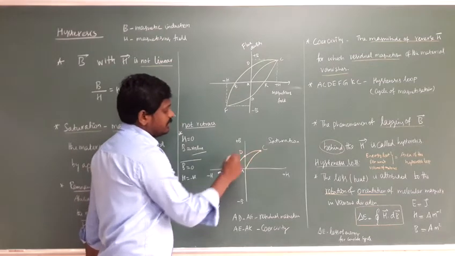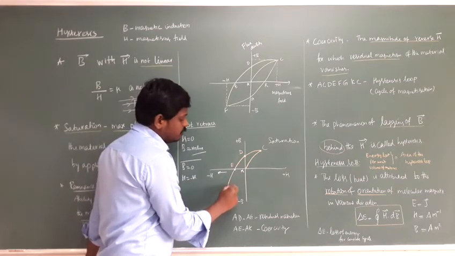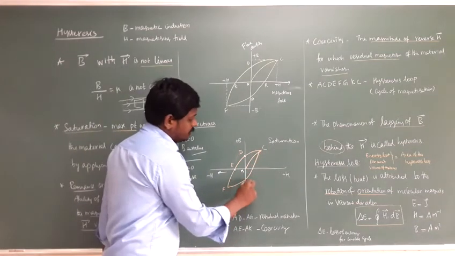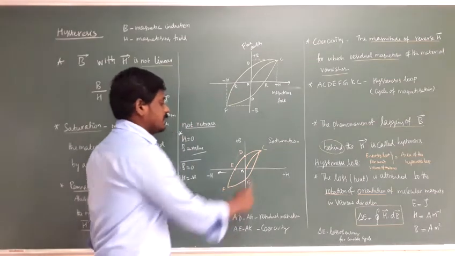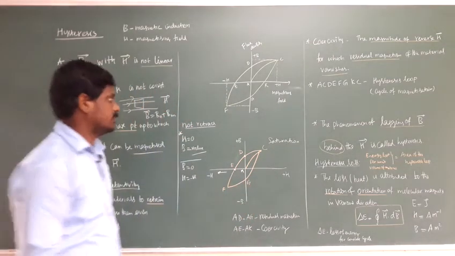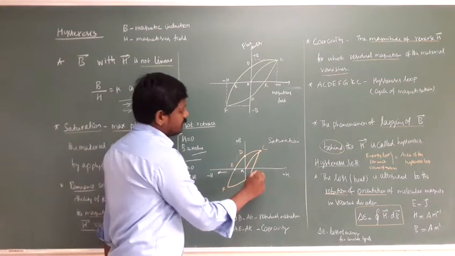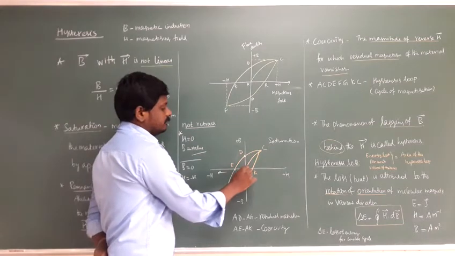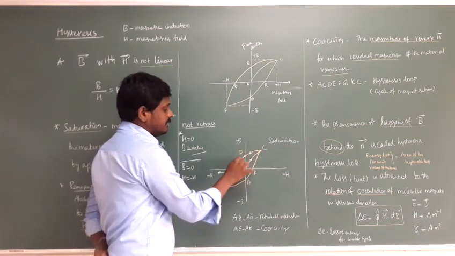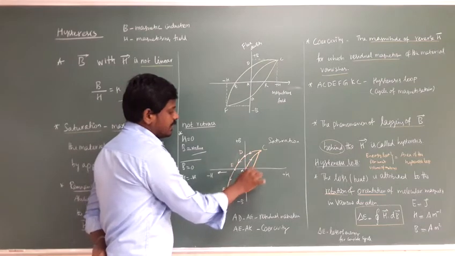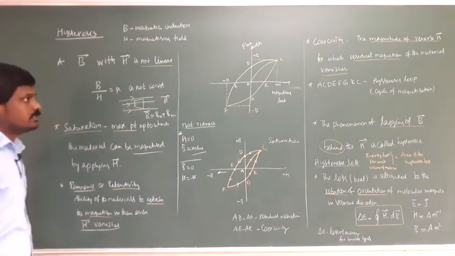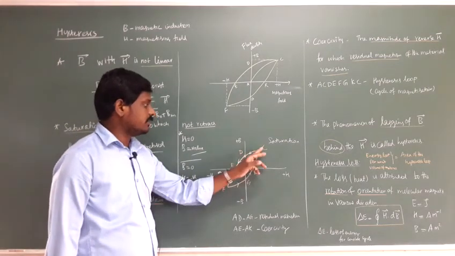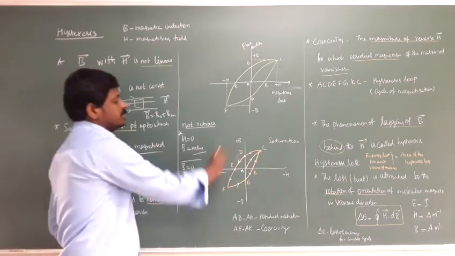So A, C, D, E, F, again it goes and reaches a point. So F, G, so we won't give H, since H is the magnetizing field. I is current, J is current density, again we give K. So the graph goes from A in this direction, again in this direction it goes like that. So this is a hysteresis loop, A, C, D, E, F, G, K and C. So this is a hysteresis loop.